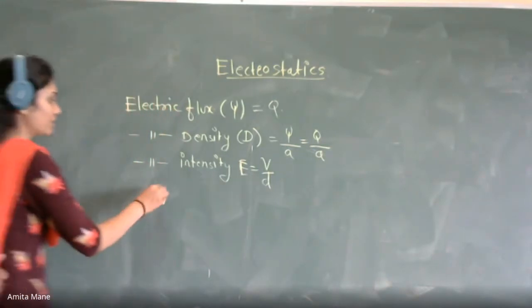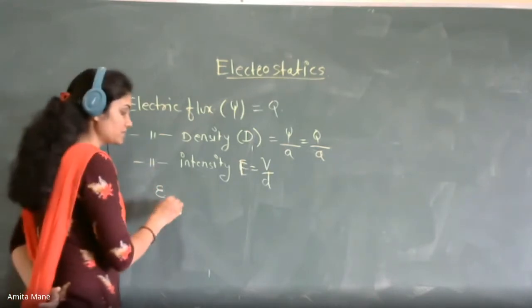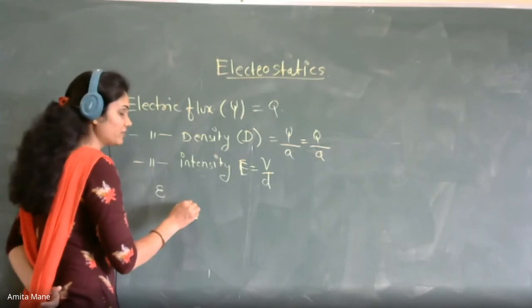Permittivity. Permittivity is denoted by epsilon. Epsilon is permittivity, for the relation of the